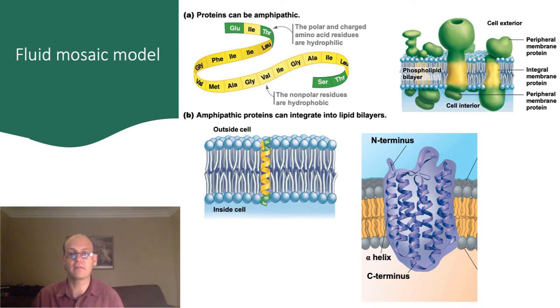According to the fluid mosaic model, phospholipids and proteins may move around laterally on the surface of the membrane. However, these molecules rarely flip over. You can see why this must be the case. In order to flip over, an integral membrane protein would need its hydrophilic region to pass through the extremely hydrophobic region within the membrane. It doesn't do this because the hydrophilic region is so much more strongly attracted to the water on the surface of the cell than it is to the hydrophobic regions inside the membrane.